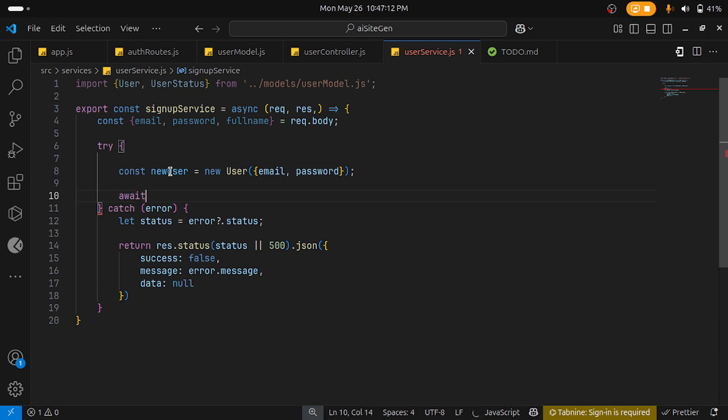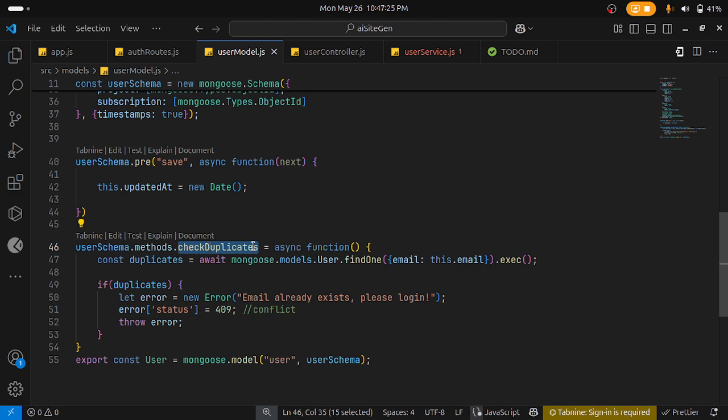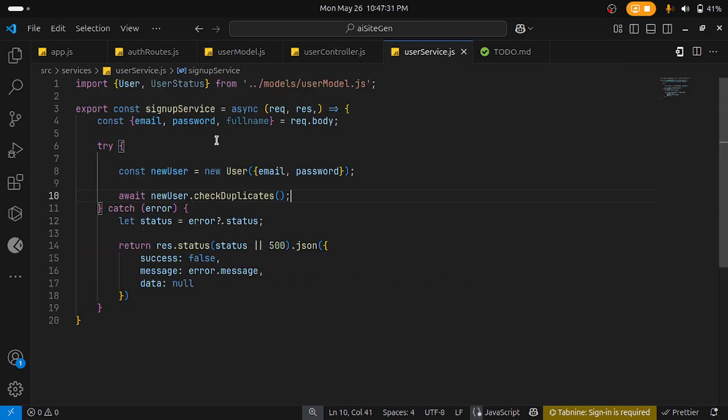We say await new user dot check duplicate, which was this particular duplicate that is here. Because it's a method that's connected to our schema model class, so we call it